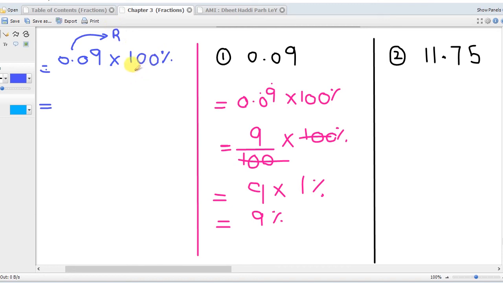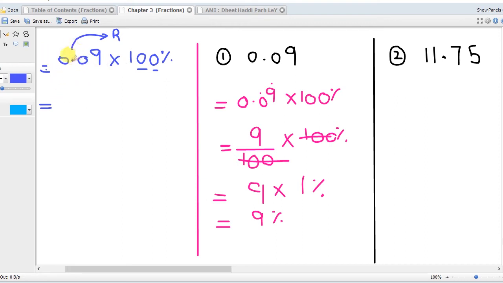Now see, how many zeros are there in here? There are 2 zeros. So it means we have to shift the decimal point 2 digits towards the right side. And what will tell us whether we have to move towards the right side or left side? The sign. If the numbers are multiplying, you have to shift the decimal point towards the right side, and if the numbers are dividing, you have to shift the decimal point towards the left side. Okay,